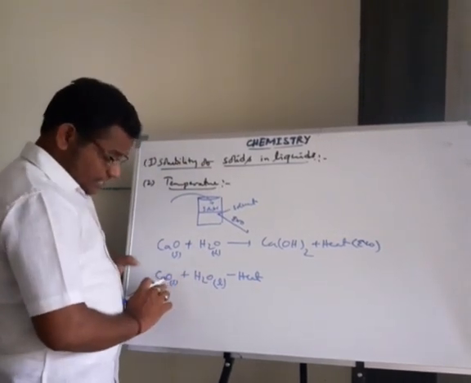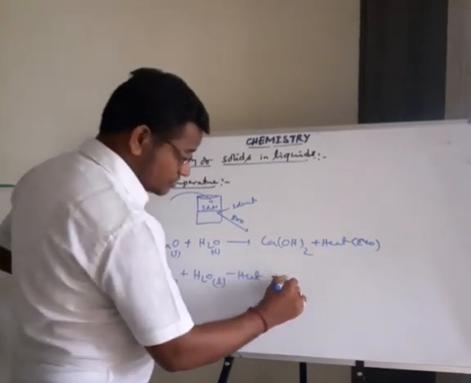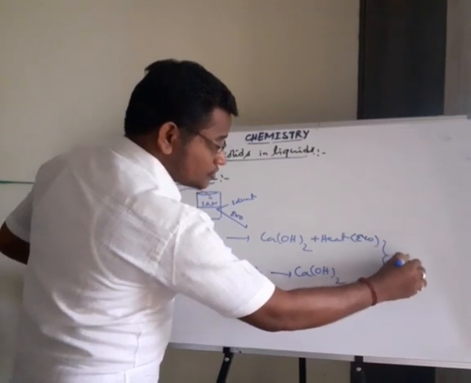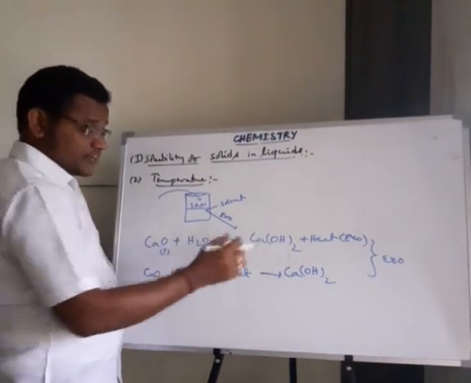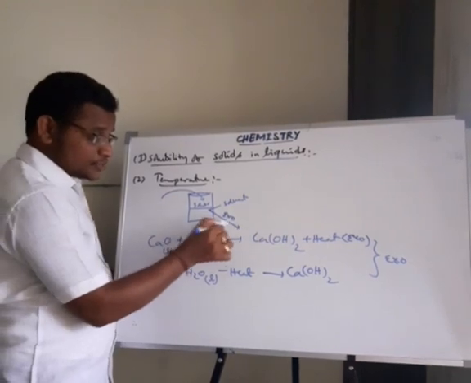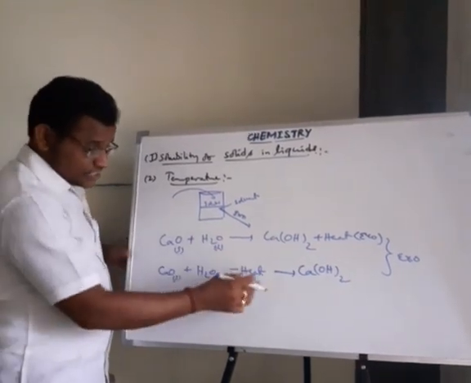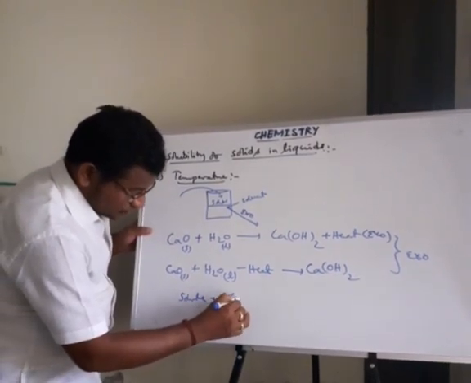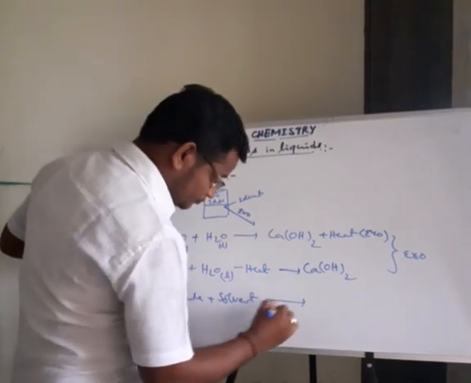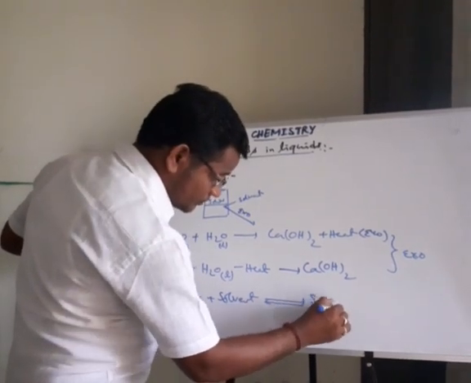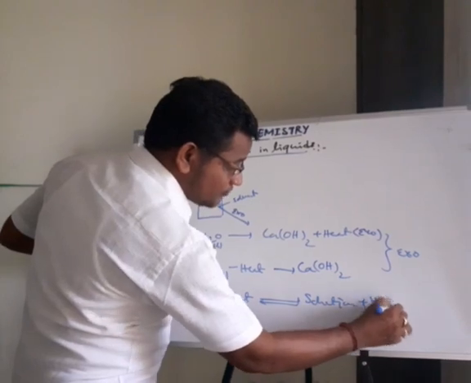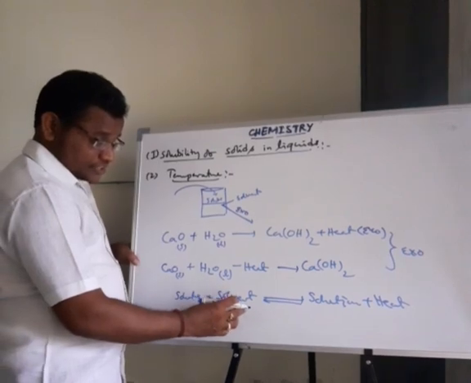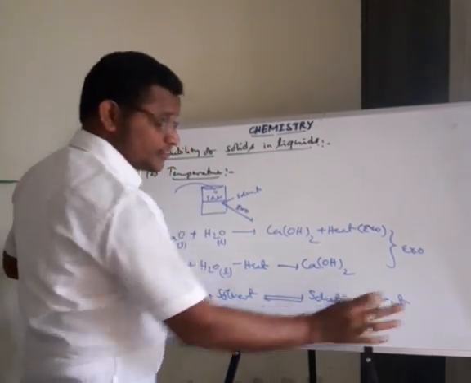See here. Reactant CaO plus H2O gives rise to Ca(OH)2. So these are exothermic processes. During the formation of calcium hydroxide, some amount of heat is released to the surrounding. So that is about the exothermic process. Here also the solute is added to the solvent to form the solution, plus some amount of heat is also released. So this is the equilibrium state. The solute added to the solvent forms the solution, along with which some amount of heat is released.